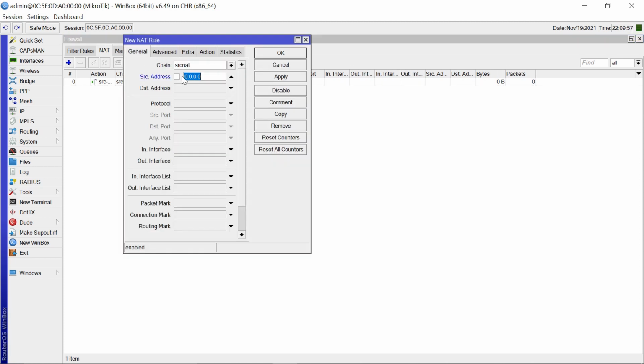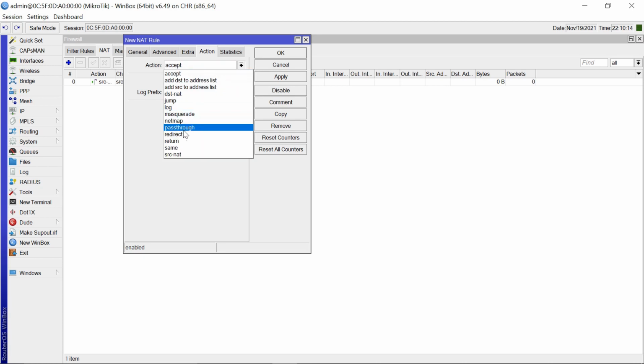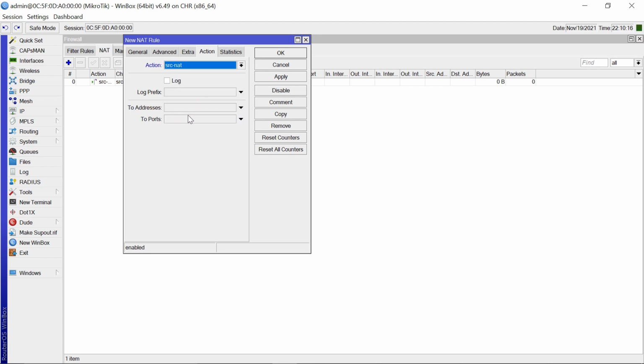Our source address is going to be 172.10.10.32/27. The action is going to be source NAT, and our to address is now going to be our second IP